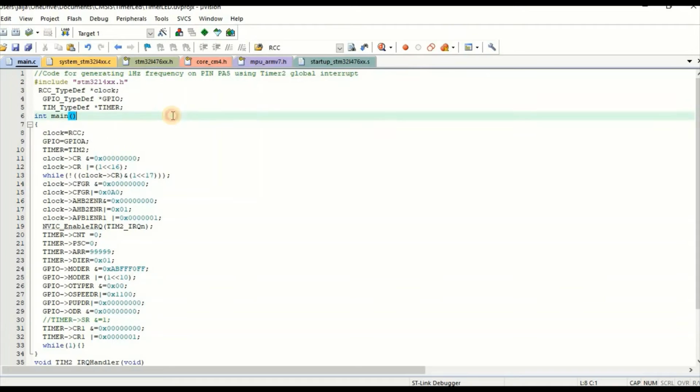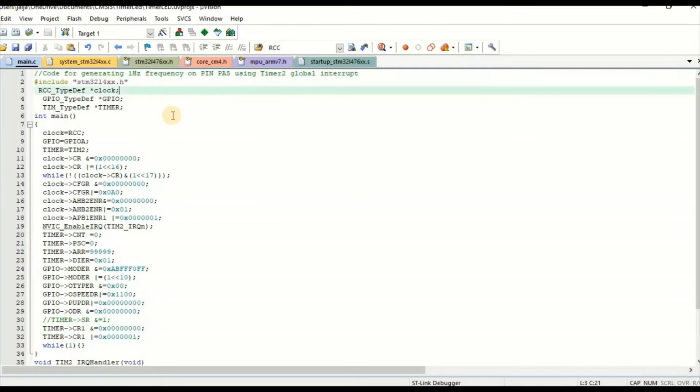This is the code written. The viewers who have joined late, please see my earlier 2 videos. So let's proceed. In this code, we are generating an interrupt, actually an update interrupt using timer, and when this update interrupt is generated, the LED is toggled. And how we are doing so, let us proceed and see in the code.